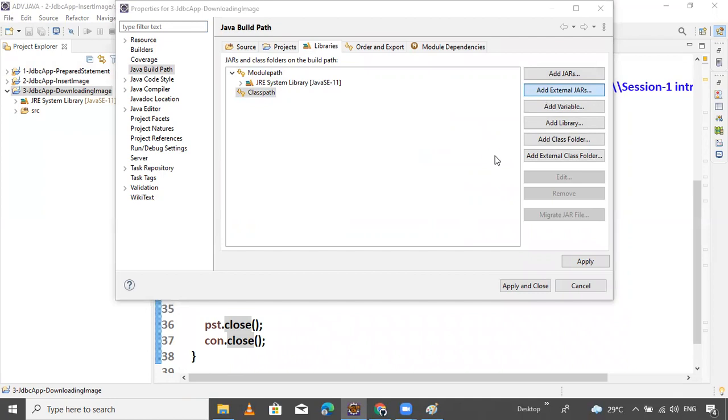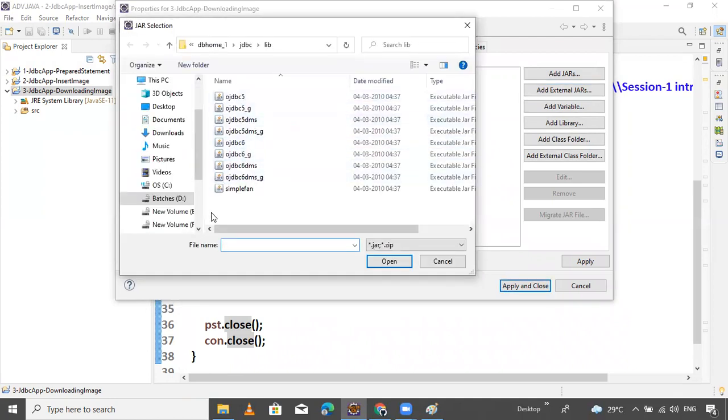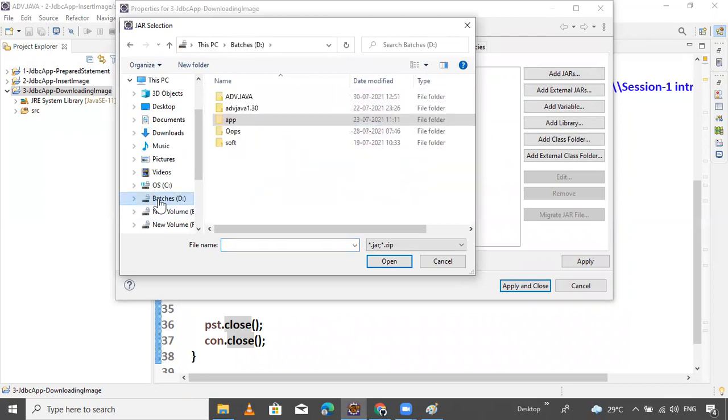Go where you installed your Oracle JDBC software, the Oracle database, and you will get one app folder. In my case, my database is stored in this D drive.